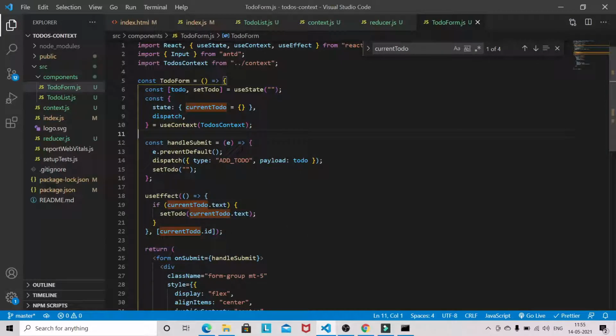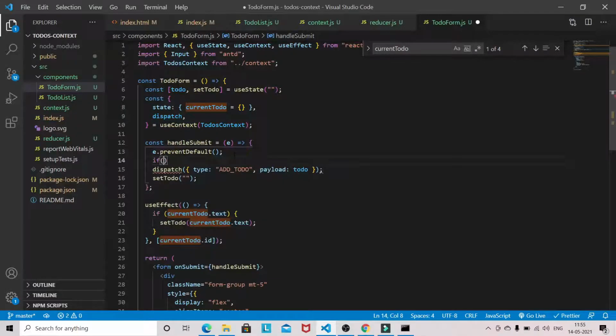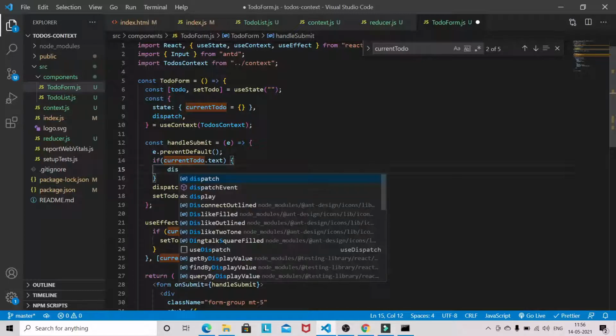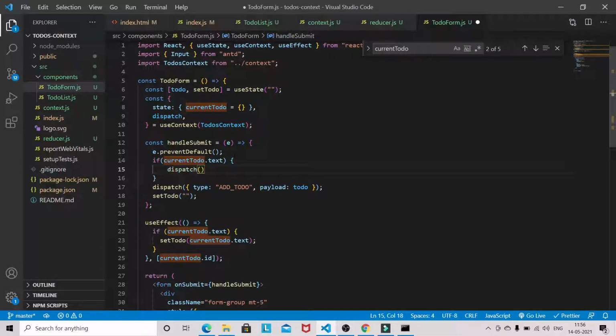Okay, now in handleSubmit we have to basically do the update actually. So if currentTodo.text is there, it means the user is basically trying to update the value.